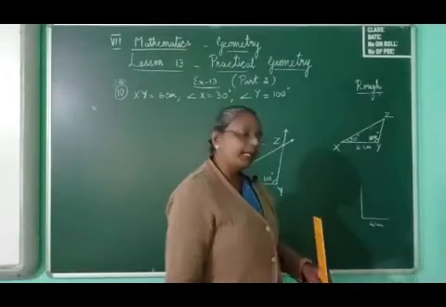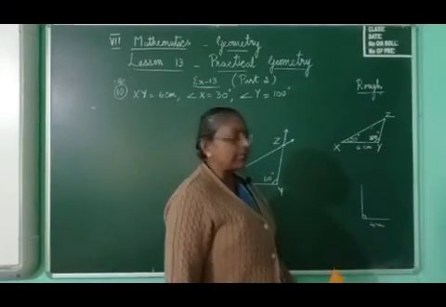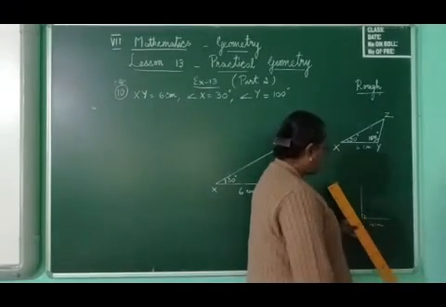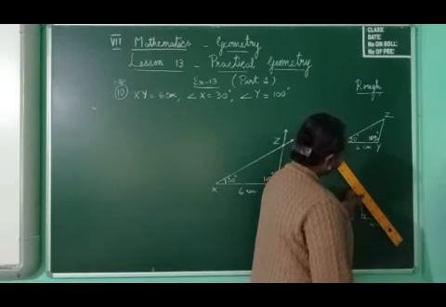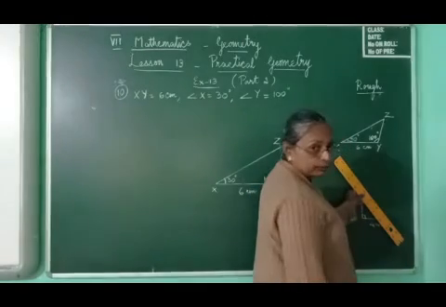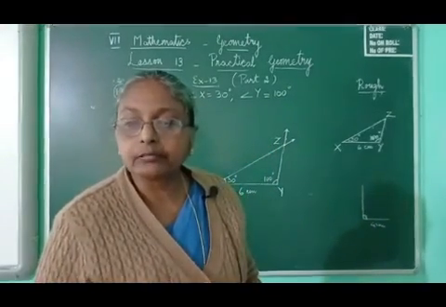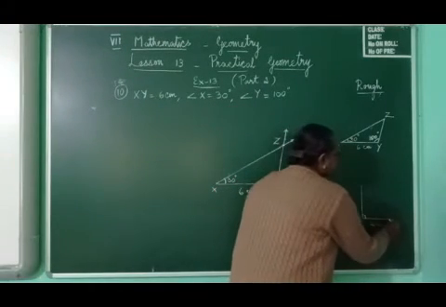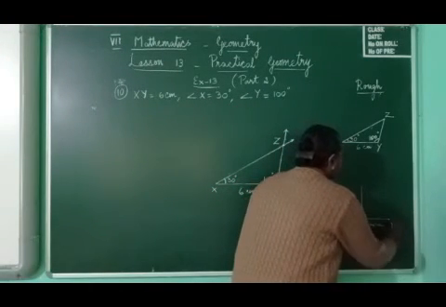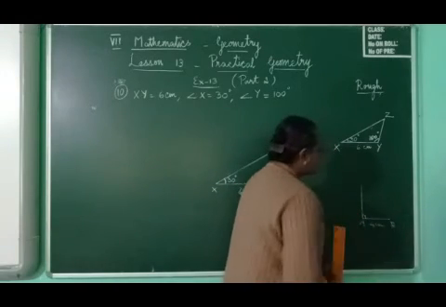Because right angle triangle means you know it is 90 degrees. So you need to draw 90 degree line, and then after that from this vertex you have to draw a length of 6 centimeters hypotenuse. So from this vertex, suppose this is AB, base is AB, means from B you need to draw